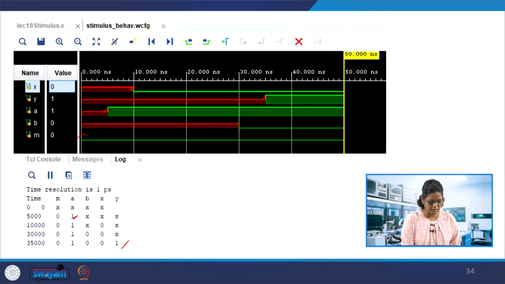M is already getting 0 at the initial value, as no timing is specified for this. So 5, and then it goes to 10, and then comes back to 30, and then 35. So this is the order in which those statements, spread over different initial blocks, are executed. This is how statement execution takes place.